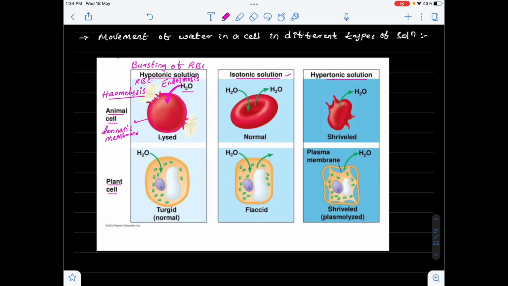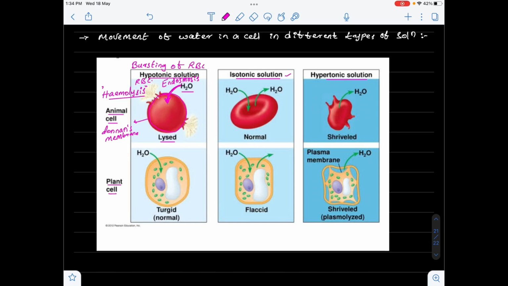This is the red blood cell. When it is placed in hypotonic solution, after some time, due to the entry of water inside the cell, the pressure caused on the membrane of the RBC results in bursting of RBC, and this process is called as hemolysis. And if it is any other cell instead of RBC, then we can use this term lysis. So here RBC is hemolyzed,